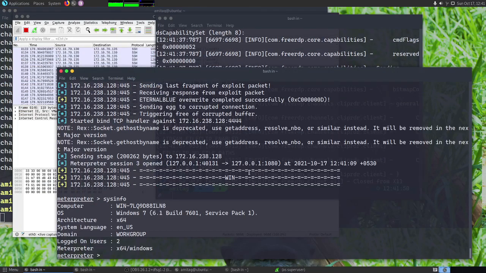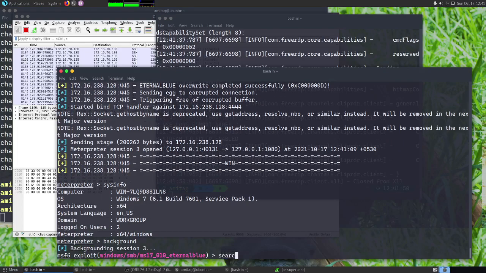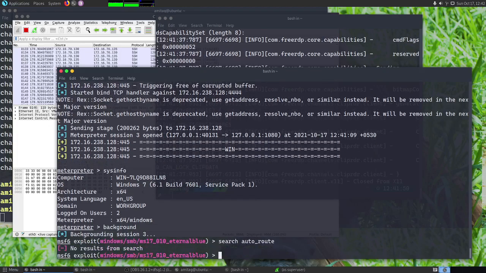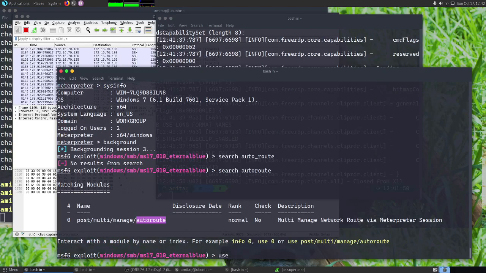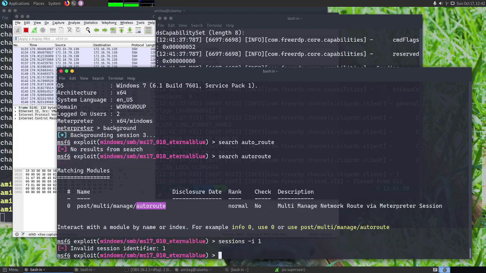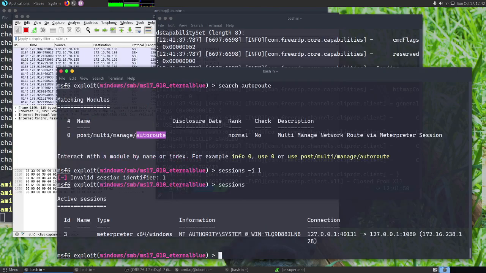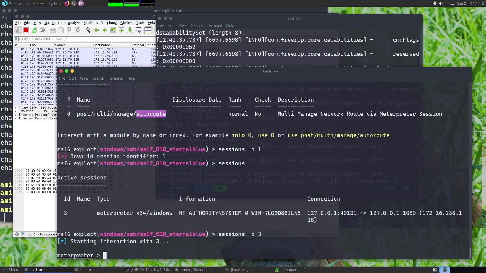Once you have a Meterpreter shell, you can just back out of it and then search for autoroute. Use it. Again, I can go back to my sessions, sessions -i 3, and then I can use run post/multi/manage/autoroute.